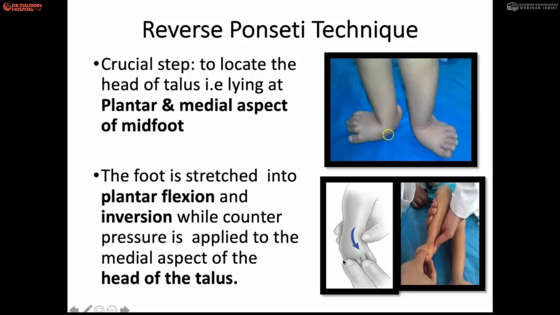In clubfoot, you manipulate in the reverse way, and you have to keep your thumb on the talar head on the lateral side, because it is palpable on the lateral side. Here it is palpable on the medial side, and you manipulate in the reverse way by stabilizing the talus from the plantar surface and the medial position. Here you are stabilizing, and the pressure is exerted to stretch the dorsolateral structures, as compared to clubfoot, where the medial structures are shortened.